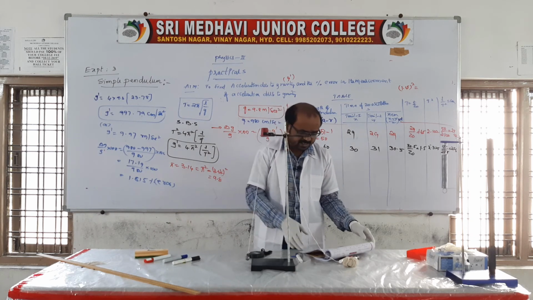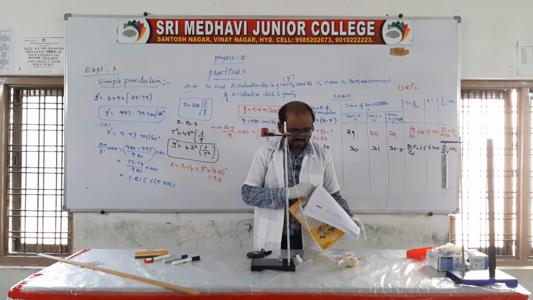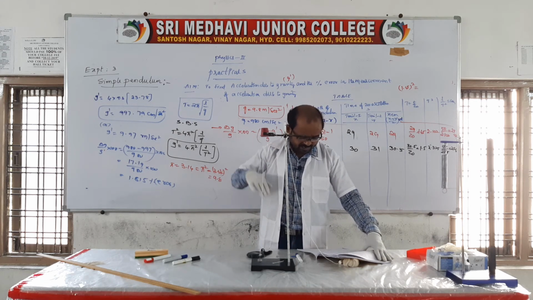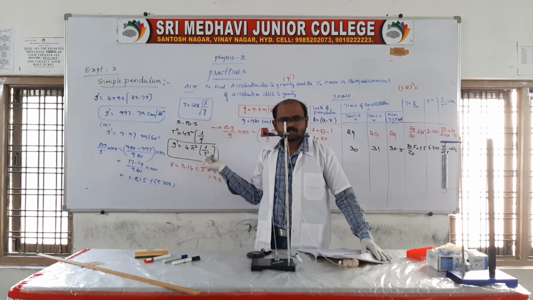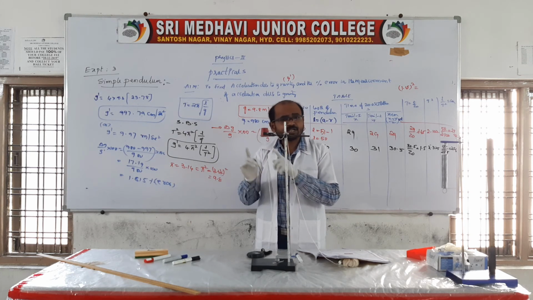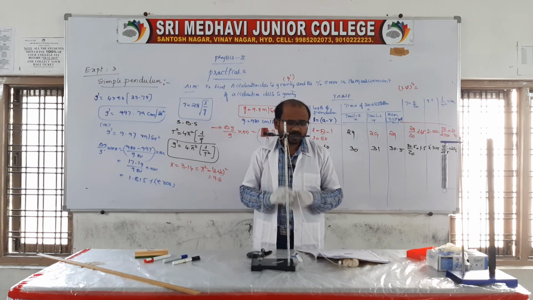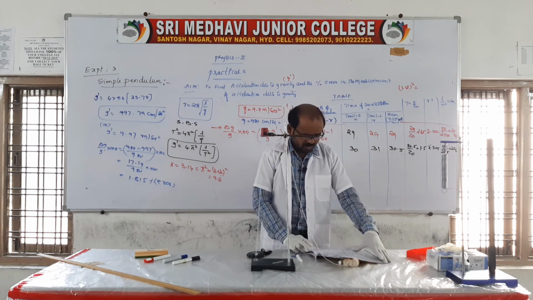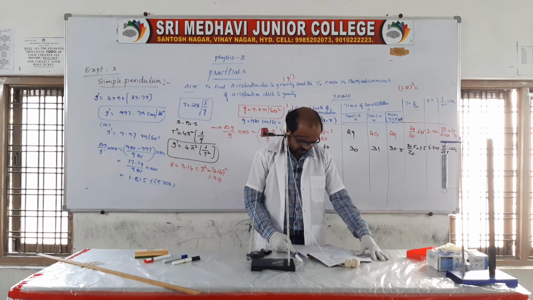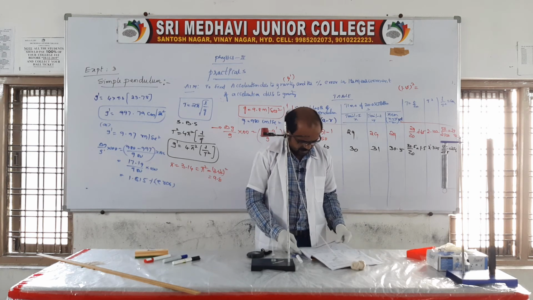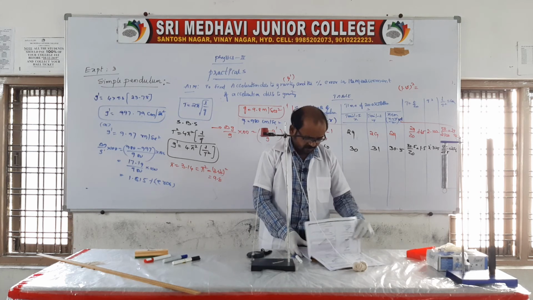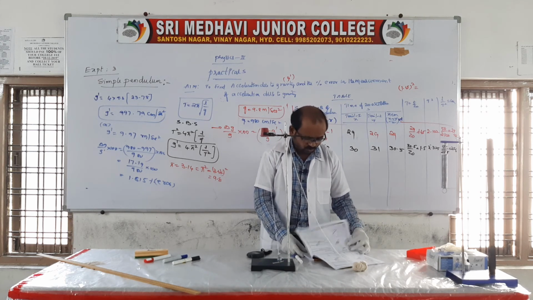By using this one experiment, we also need to draw a graph using these values. This is about the acceleration due to gravity at this place, and we need to draw the L by t square graph. There is another question on the same basis. Again we need to draw the graph, that is the L-T square graph as well as the L by t square graph. So these are the two questions.